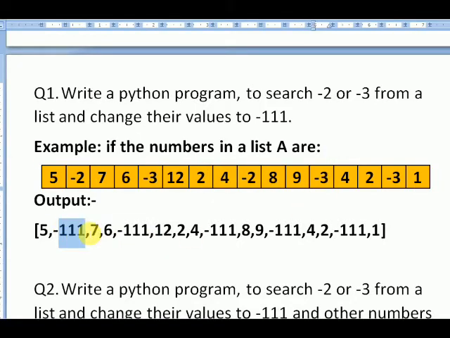If I make any other value, that is, देखो there is a +2, उसको नहीं change होगा. If I'm going to make -4, it remains as it is. Why? It is only going to search -2 and -3. इस 4 को नहीं change करेगा, only 2 को और 3 को change करेगा. 4 is not going to be there. If 4 is positive or negative, it remains 4 only. तो उसमें नहीं होगा, सिर्फ 2 में और ये तो -3 मिलेंगे उसमें.